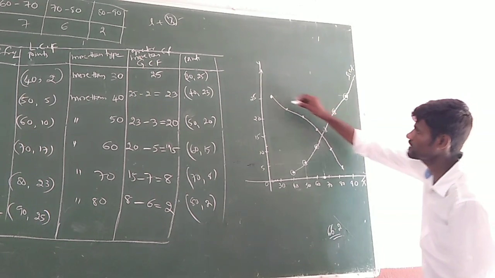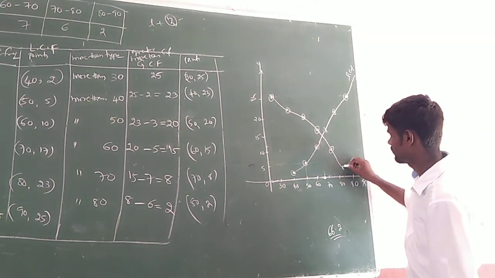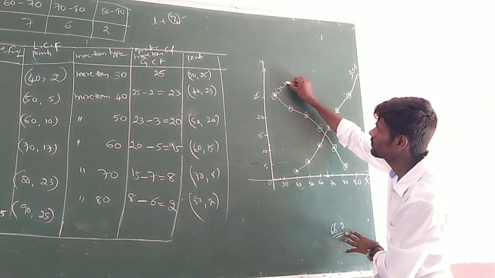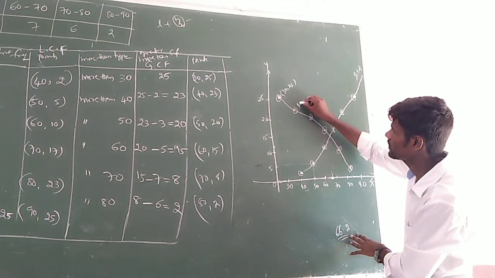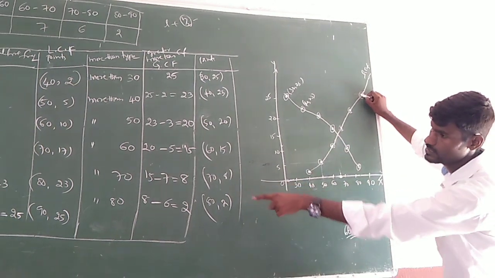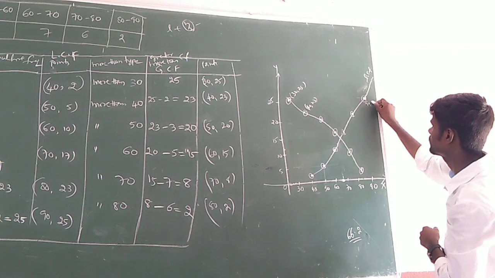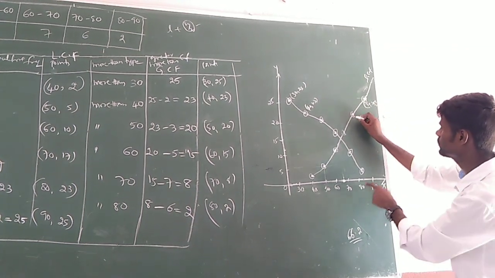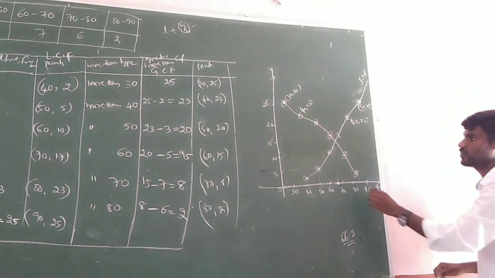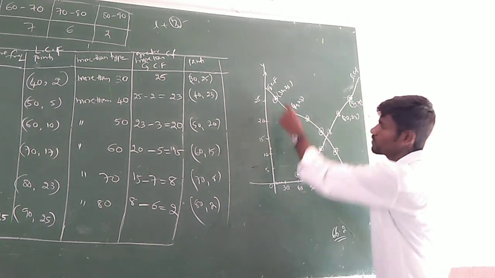That's it. So let us circle them. In this circle also, it is compulsory that we mention like this: suppose 30, 25 and 40, 23. For the last point, 90, and so on. Or you may write it to this side also. Actually this is the curve. Now what is this curve? It is the more than type, that is GCF, greater than cumulative frequency.